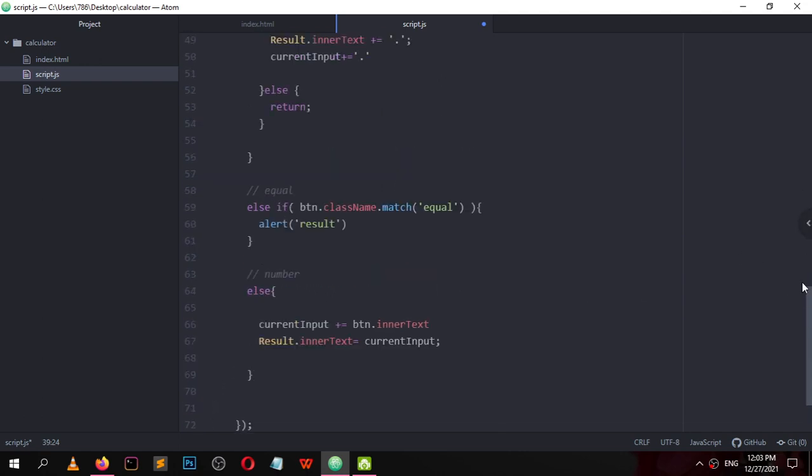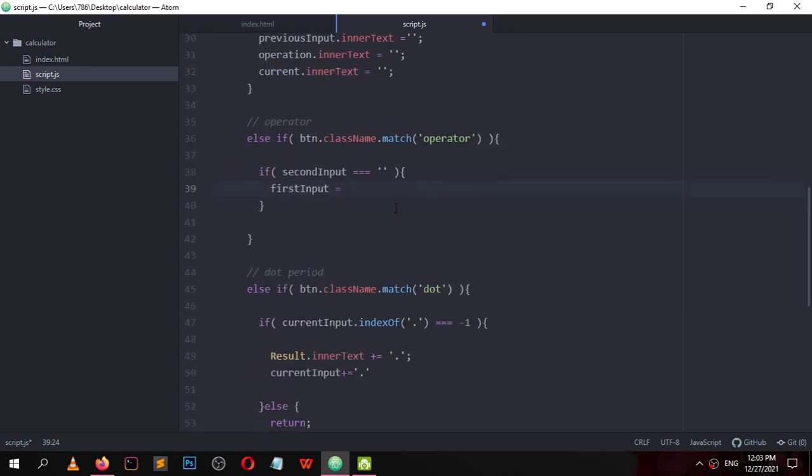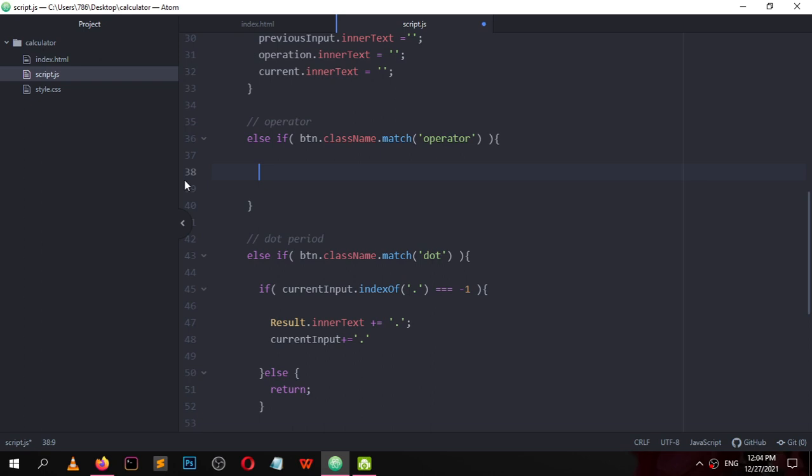current input. This current input. Else second. Let me show you. I am missing one thing here.